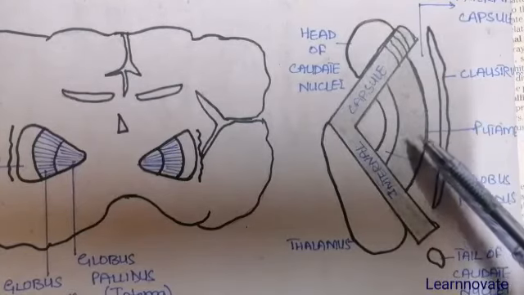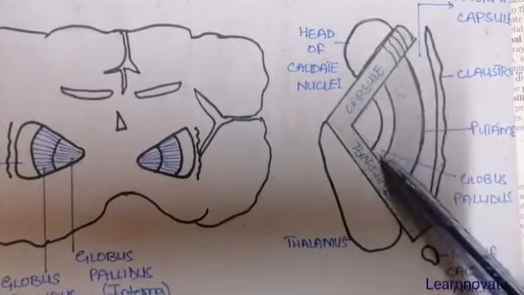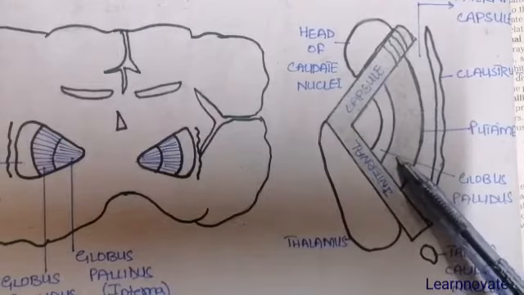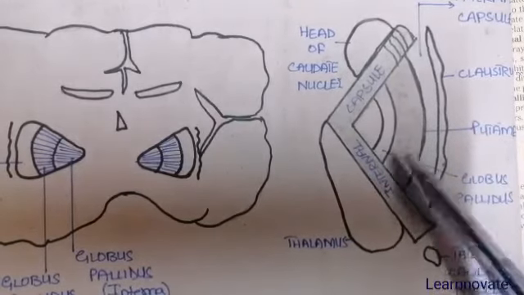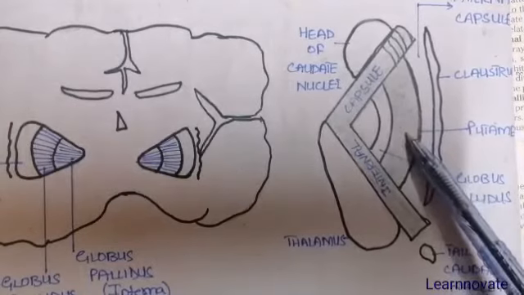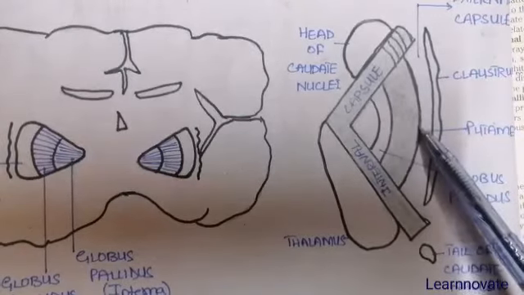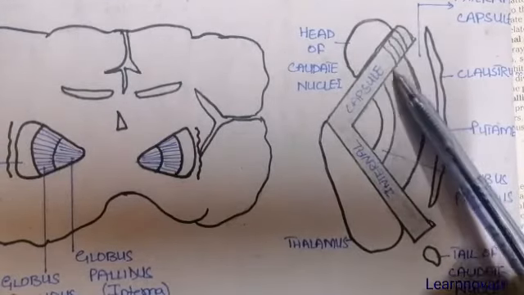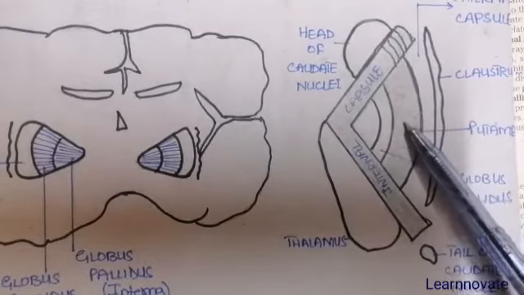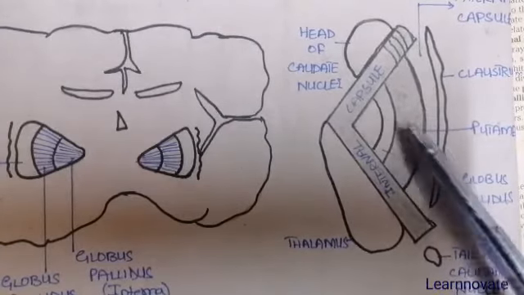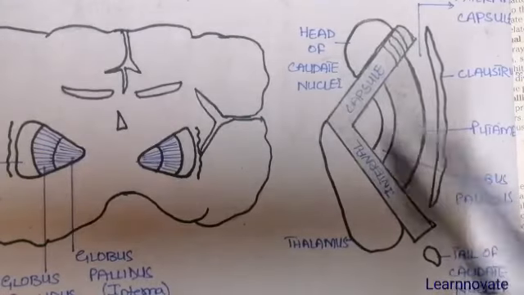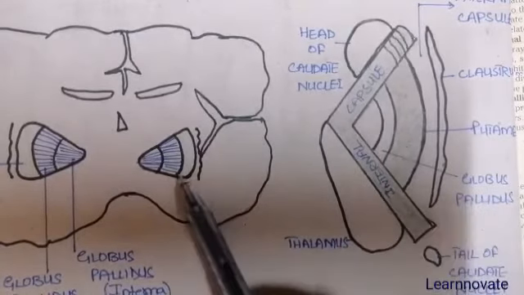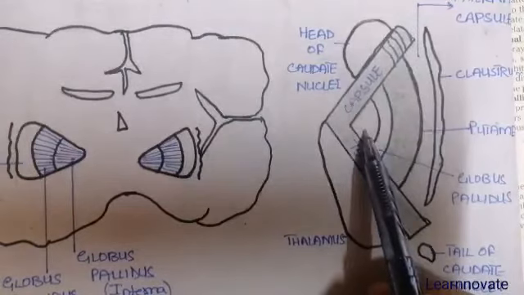Now in this part we can see the details of the lentiform nuclei. Medial to the internal capsule is the caudate nucleus. Lateral to the internal capsule is the lentiform nucleus. This lentiform nucleus is divided into two parts: the lateral, outer, darker one is the putamen, while the inner, lighter one is the globus pallidus. A sheet of white matter divides the putamen and the globus pallidus. Then internally we can see one more sheet of white matter that divides this globus pallidus into two major parts, the globus pallidus externus and internus.